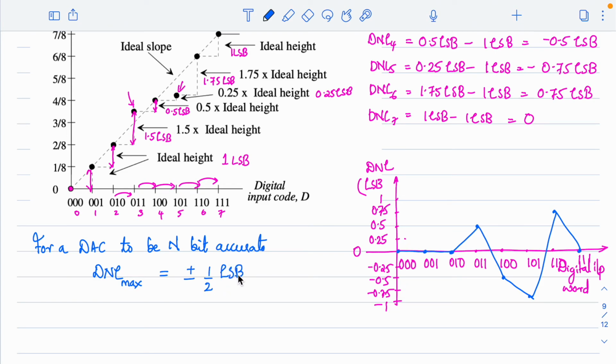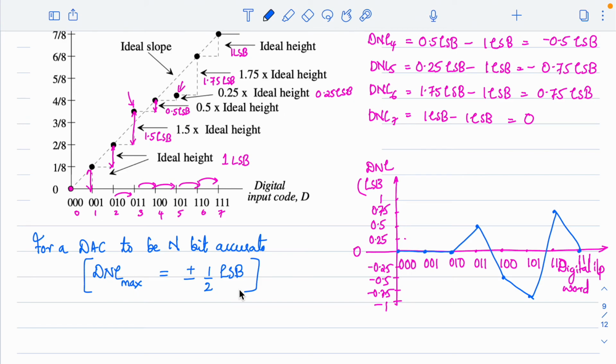So the maximum DNL which is allowed for any DAC is up to plus 0.5 LSB or minus 0.5 LSB, not more than that, right? In this specific example, you can see that your DNL is exceeding this value, but this is generally considered as a standard value where we keep DNL max as plus or minus 0.5 LSB,